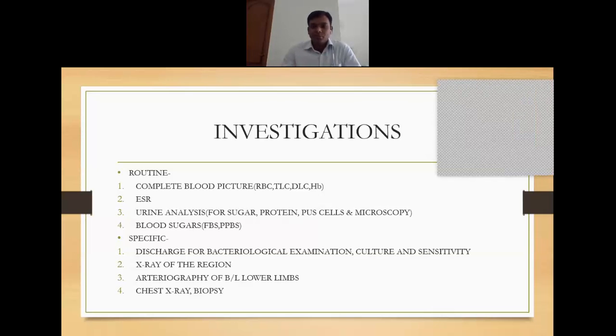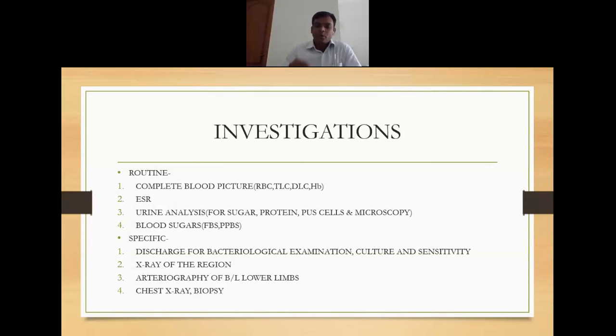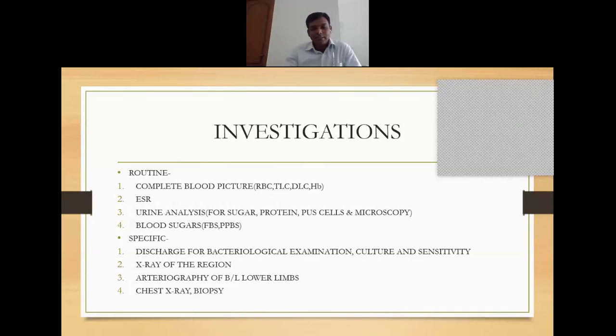So it should be washed and then taken over the wound or the floor of the ulcer, nicely wiped, then taken to the lab. That will give the correct yield. Don't take the swab from the dressing. I have also seen some people taking, when you take out the dressing which is removed, they will take a swab from that also. That's not a right way of taking a swab.